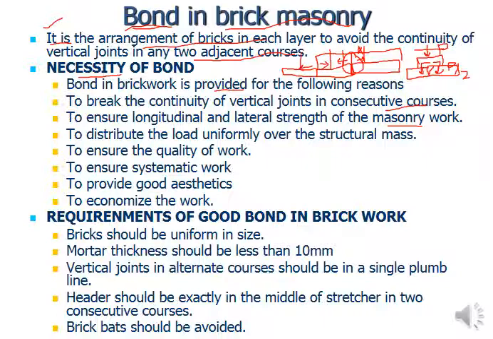So P by 2 and P by 2: half of the load will be transferred to the right-hand side brick, and half of the load will be transferred towards the left-hand side brick. That makes a uniform distribution of the load throughout the wall, and that continues. If you place another brick over here, P by 2 load will come from the other brick. So one brick is responsible to carry the load P, that may be the load coming on the first brick on the top of the wall.